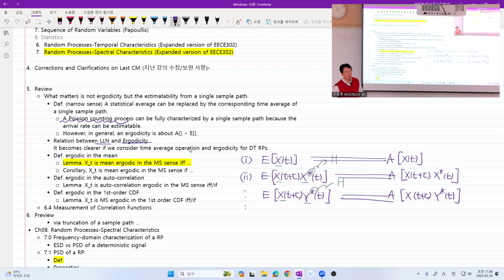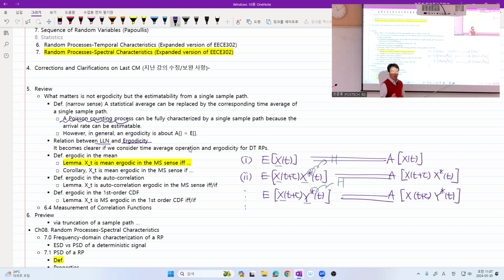And there are many, not only the second order moment, but any nth order moment we may think about, right? But we are not going to cover every possible ergodicity. Let's focus on just the first two. In this case, if this is assumed, we say that we assume that x of t is mean ergodic. Got it? Mean ergodic. And if we assume the second one, we usually say that the random process is assumed